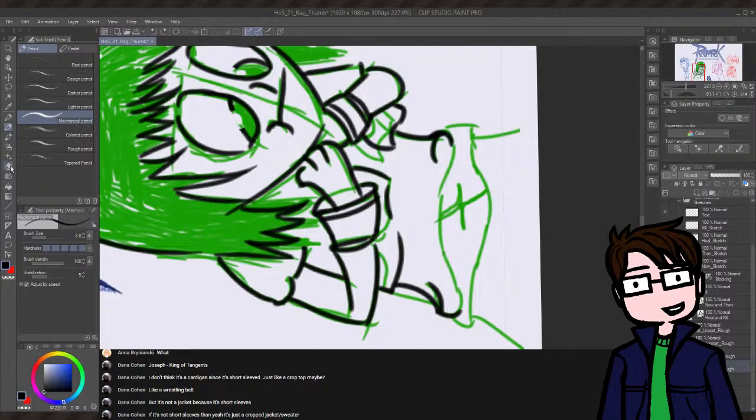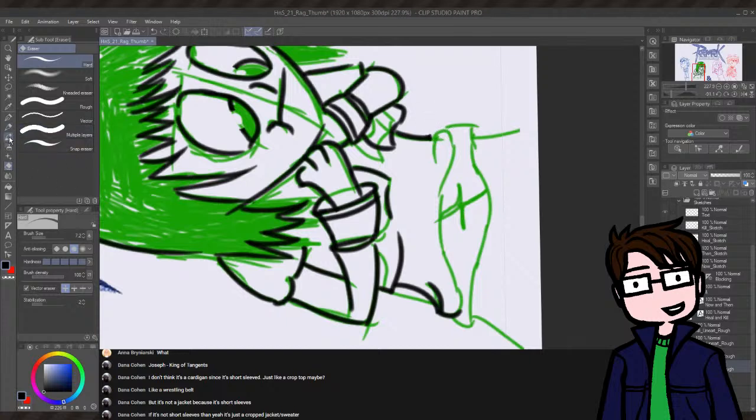I think I need to just erase this. Freestyle it. Let's get the belt in first, and then we can fix that. Okay, I guess it's just a cropped jacket. Oh no, okay, yeah. Because it's got short sleeves. I don't know clothes. I wear the same, like, 7 t-shirts. No, I've got more than 7. But I wear the same, like...